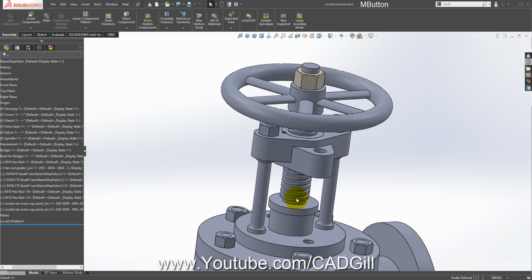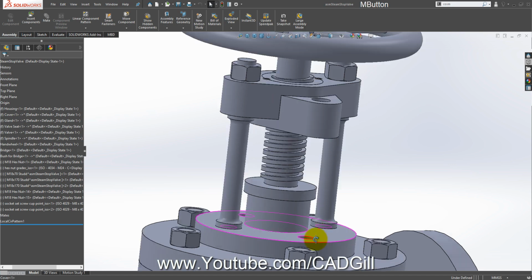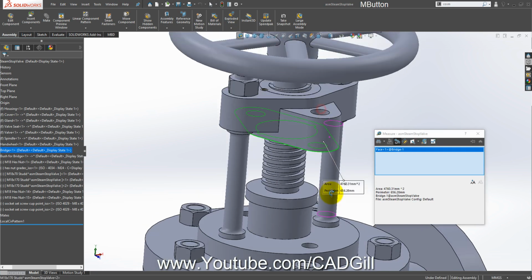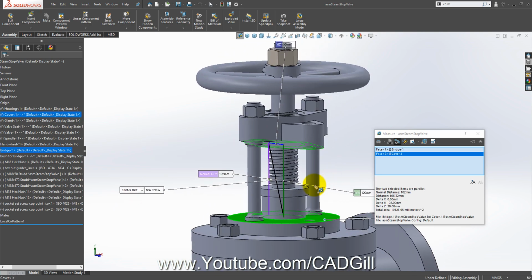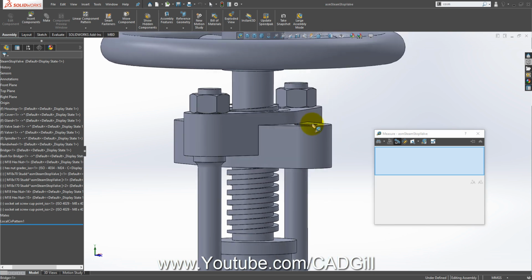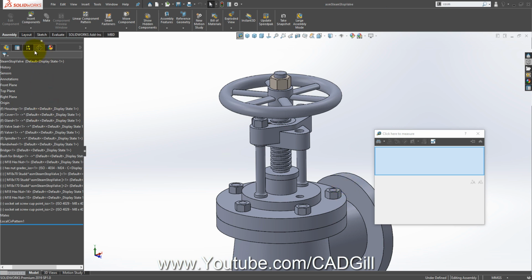So we have created the studs for this portion here. We still have to do it here. Okay, so let's do it here. The normal distance is 102, and okay, let's create another stud here. M18 into